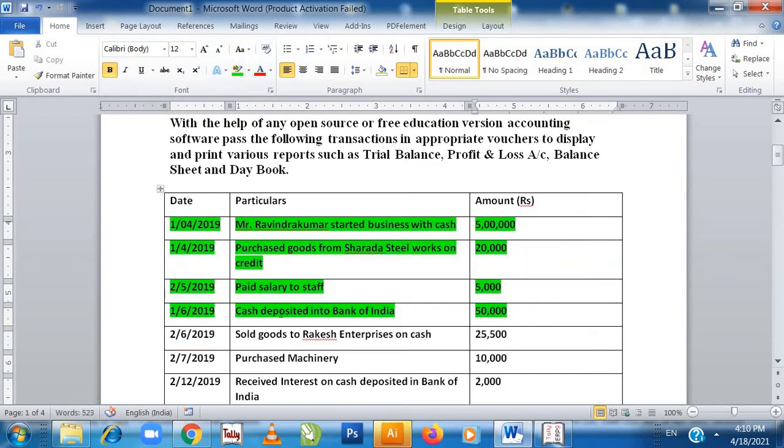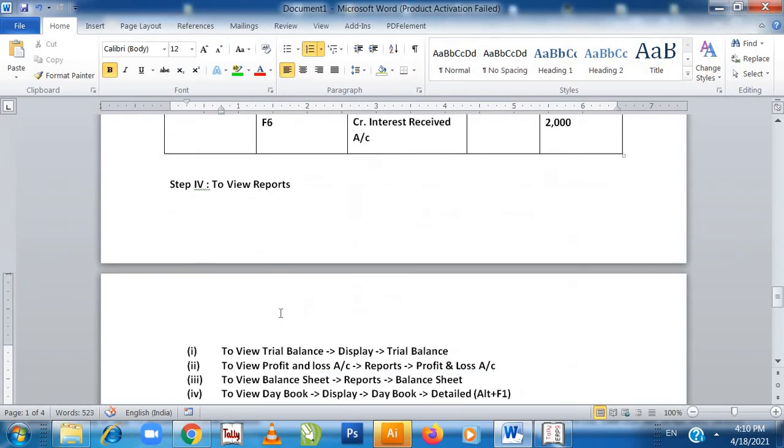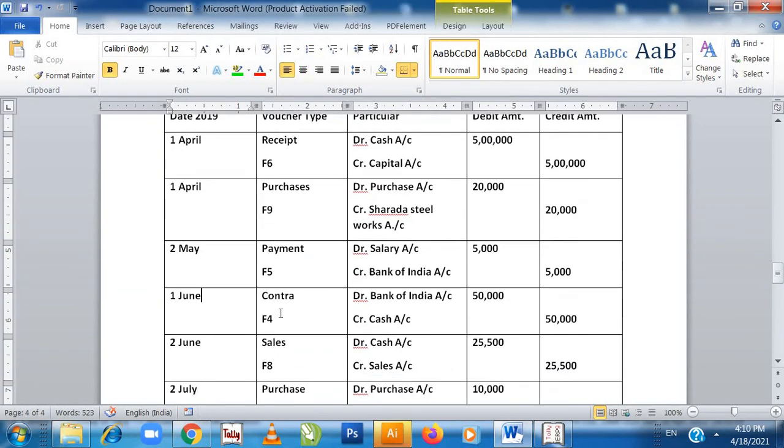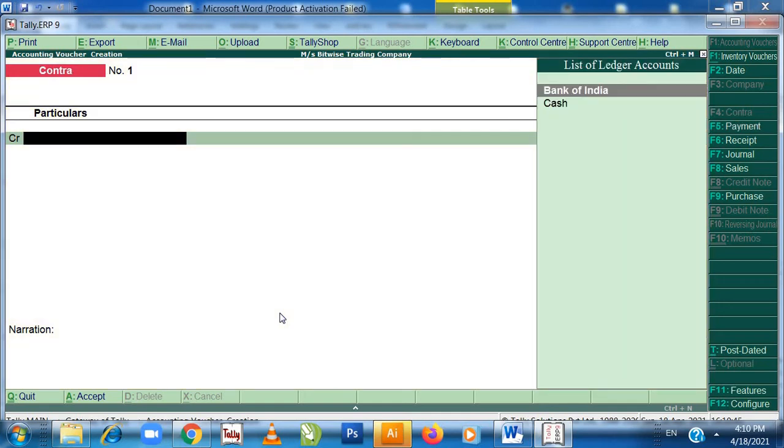Now we are doing this: cash deposited into bank, that is contra, bank account debit to cash. And this has happened on 1st of June. So for contra I am pressing F4, Bank of India account debit to cash.